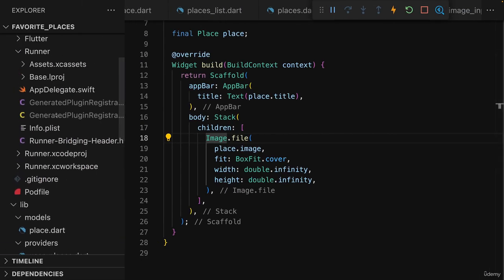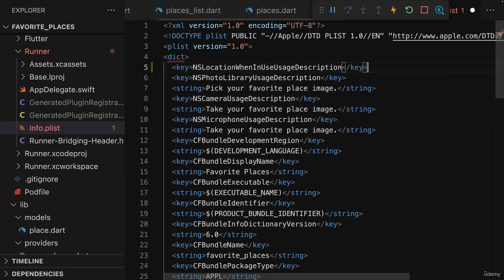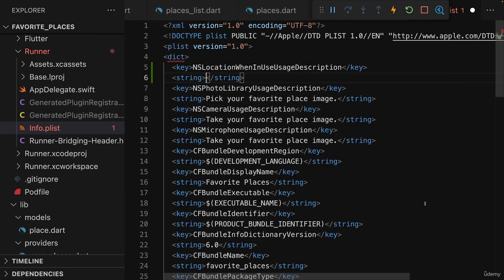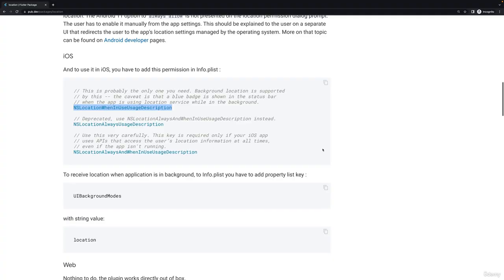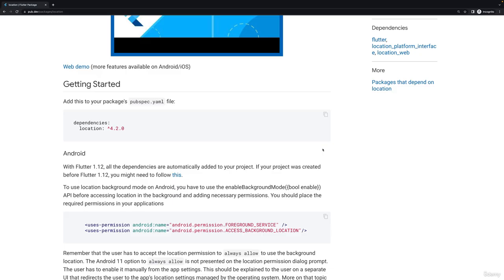Hence, back in this info plist, we should add this key here, and then add our text that will be shown on the screen. And here I'll say the location for your favorite place. Anything like this. With that, that should be all for Android and iOS, and we're now ready to use this